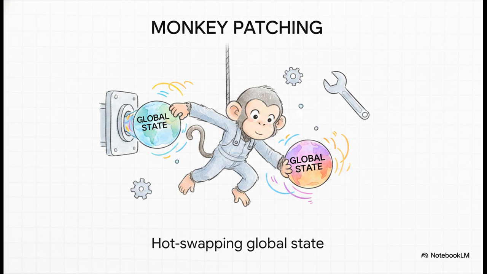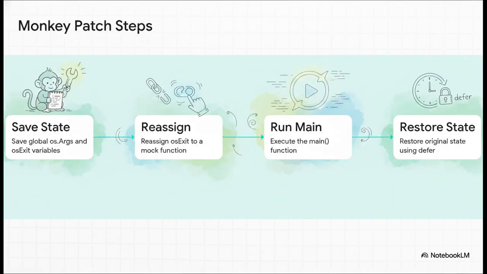Because we aren't passing arguments and we're not setting up asynchronous callbacks, what we're actually doing here is modifying global state. So functionally, this acts much more like monkey patching. We're basically hot swapping a global variable right on the fly to trick our own program. Okay, let's break down exactly how this monkey patching works in the test code, specifically spanning lines 114 to 127